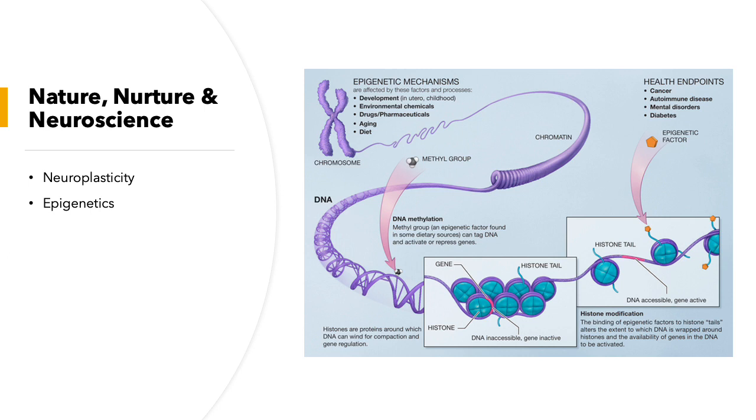One of the things that is really important when we look at lifespan development and developmental psychology is to understand what neuroplasticity means. Neuroplasticity is just really the way that the brain can change through different experiences. And epigenetics is the study of the way the environment influences our genes. So this is pretty phenomenal, and this is just something we've recognized in the last 20 years, the role that our environment plays on not necessarily changing our genes, but changing the expression of our genes.